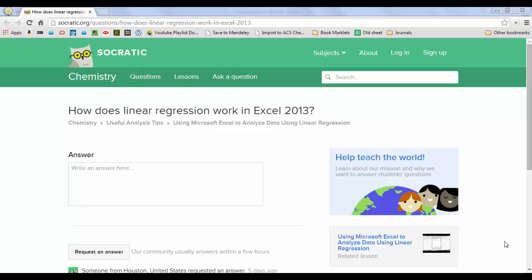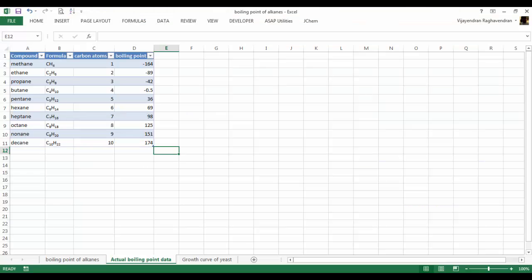Hi. Recently, someone from Socratic.org asked this question: how does linear regression work in Excel 2013? I'm going to present three different examples of data which can be used to fit the data into a linear plot. So let's launch Excel, which I've got here, and let's take the first example, which is the boiling